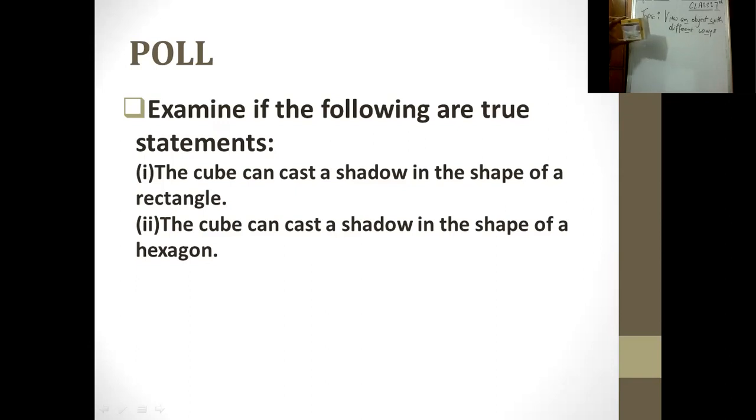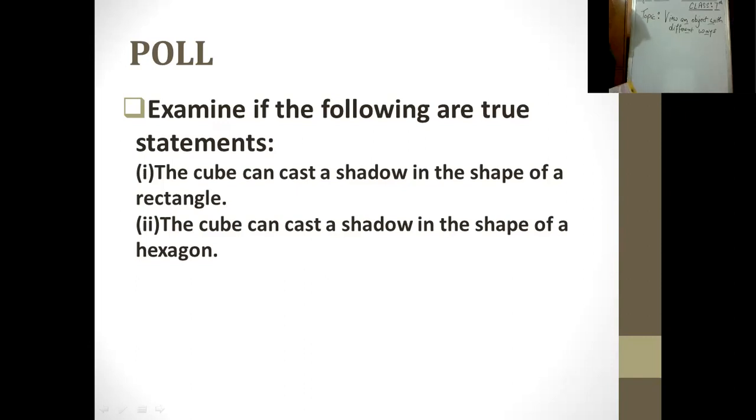Rectangle or cube? What do you think? It is making a shape of, it is a cube. Let me draw it here. Yes, you can observe. I'm just roughly drawing it for an idea. This cube is a 3D shape, and its 2D shadow would be a square, so it would be a square only. If we are talking about a cuboid, then there could be the probability for the same.